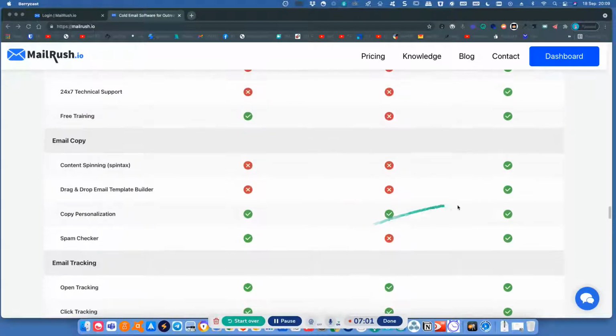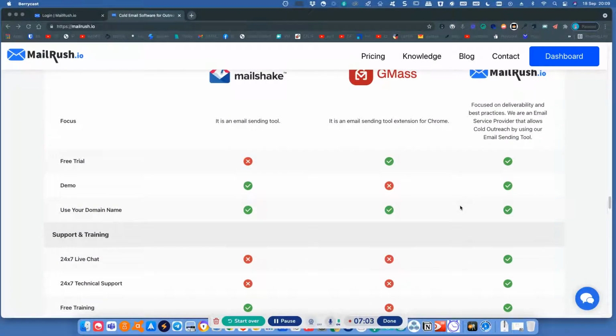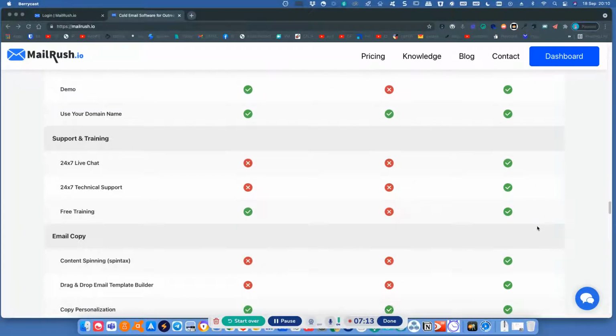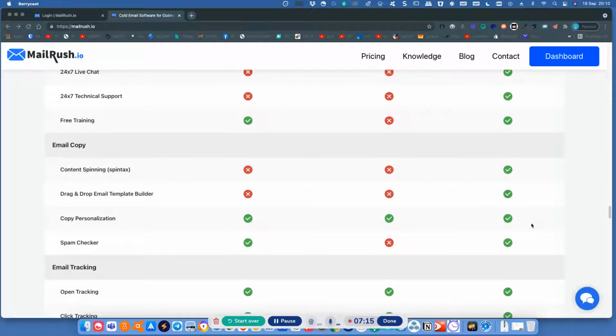You can find out more by reading through, but I think essentially you could always sign up for a free trial. You could ask for a demo, use your own domain name, and then get support. And these are the good features that you have: spin text, drag and drop builder, copy personalization. So the copy